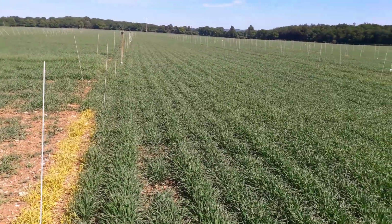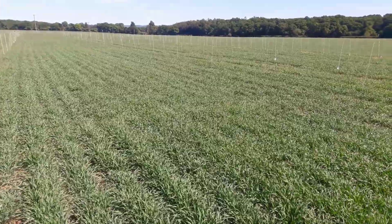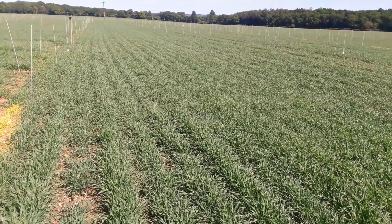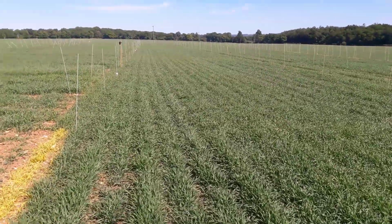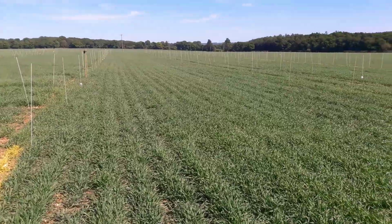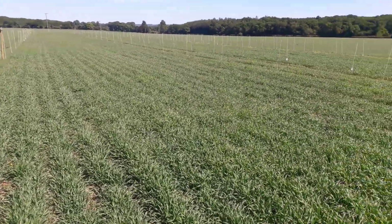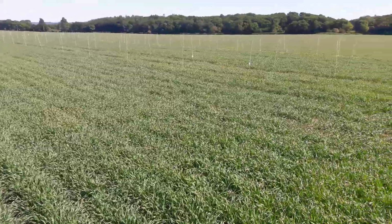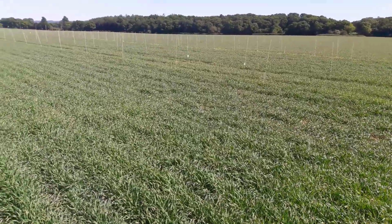At this side we have 2 fully replicated trials in the commercial crop of Laureate. The first one is a nitrogen rate growth regulator interaction. You can just start picking out a couple of pale plots as you look further down. These are the plots which have received no applied nitrogen. The rest of the trial has had between 125 and 175 kilos of N, and we'll be monitoring ear counts,